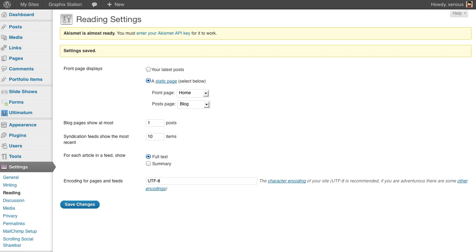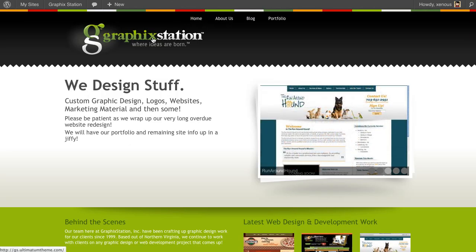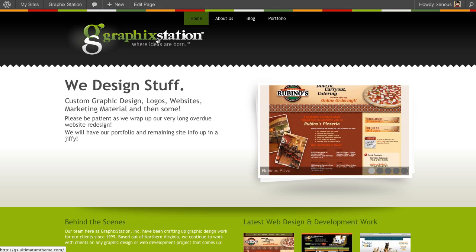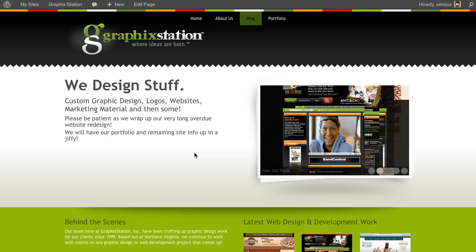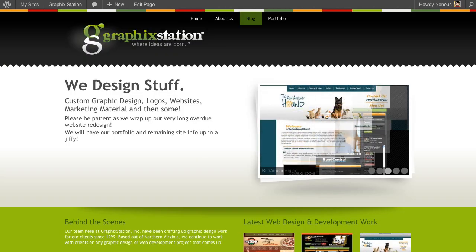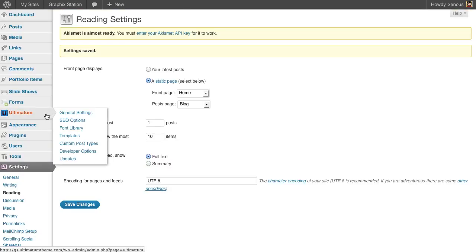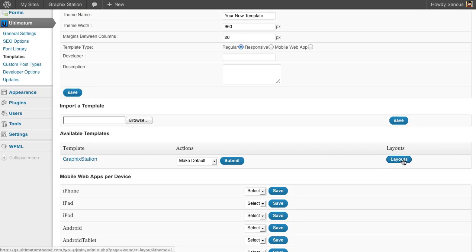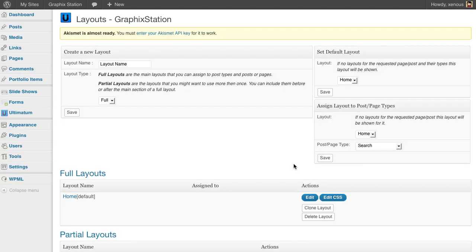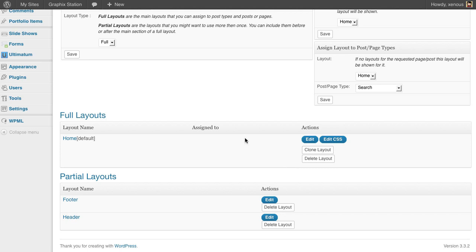Now many of you will try to see if the menu is working. When I hit blog, it will go to blog, but it will show nothing to me because I don't have the WordPress loop element here which will show the elements. So I'm going back to my dashboard, I'm going to templates, hitting layouts, and now I'm just going to create